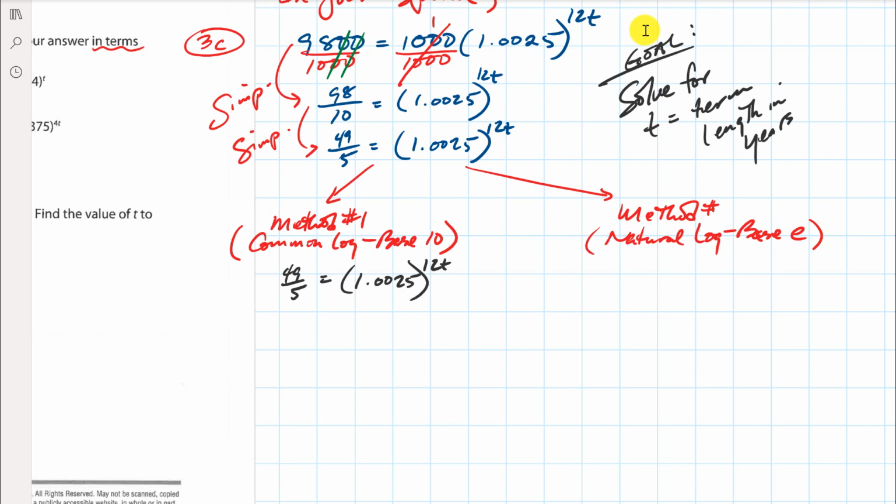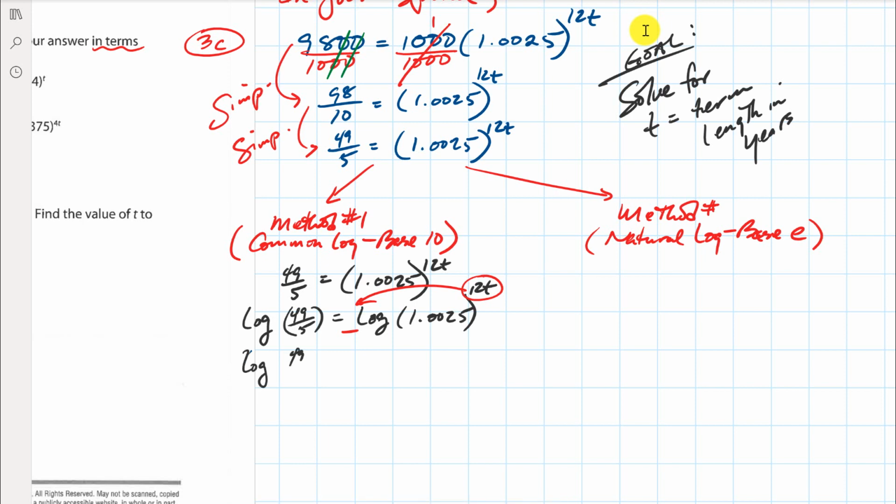Okay, so base 10. What I'm going to do here is just take the common log of both sides. Here we go. I'm going to take the common log, which is base 10, on both sides. Then I'm going to use the property of logs that I call the exponent property. I don't want t to be in the exponent, since I have to solve for it. So I'm going to shift it to the front of the log. It's called the exponent property of logs, and it allows me to do that. And I get